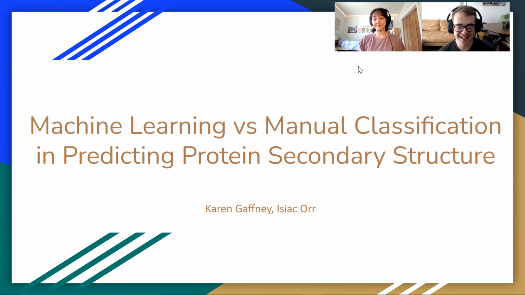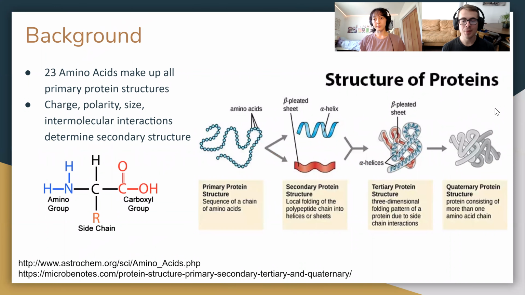Hi, I'm Isaac, and this is Karen, and we did our project on machine learning versus manual classification in predicting protein secondary structure. So to start with some background, 23 amino acids make up all the proteins found in nature,